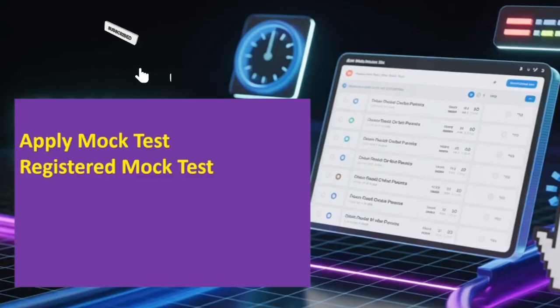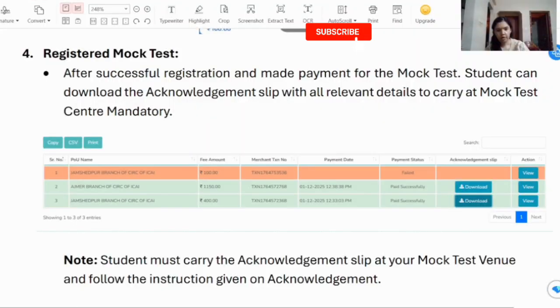The second option that you can see on this portal landing page is registered mock test. Once you have applied for the mock test, in this registered mock test, you will be able to see all the papers that you have registered for. Once you click on that, you will see all the mock tests you have registered for.